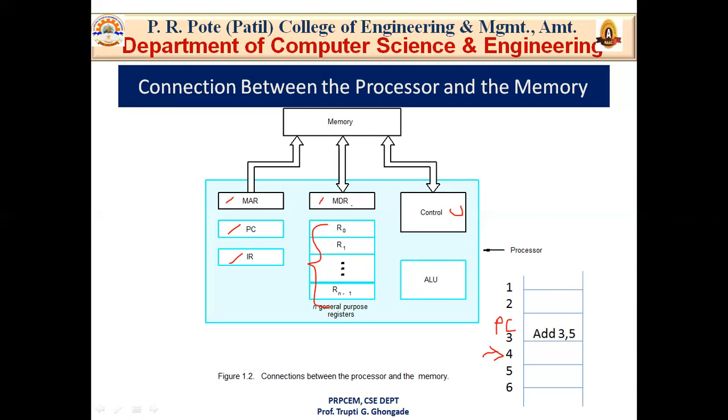Your keypad. Okay, so the programs or instructions residing in the memory usually get there through the input unit. Then execution of the program starts when the PC is set to point to the first instruction of the program. For example, now your PC points to the memory location 3, add 3, 5. Now the contents of the PC are transferred to the MAR.